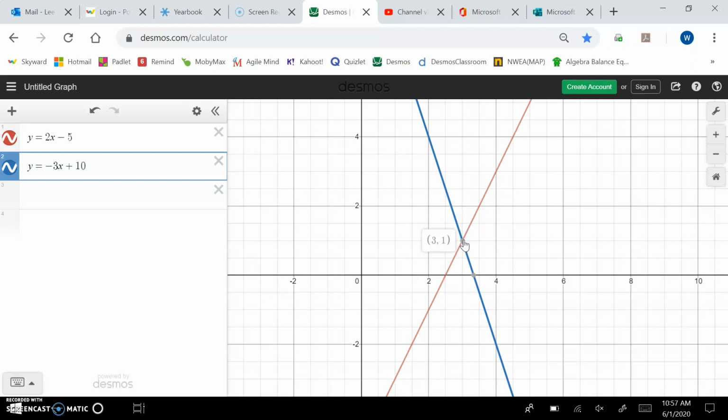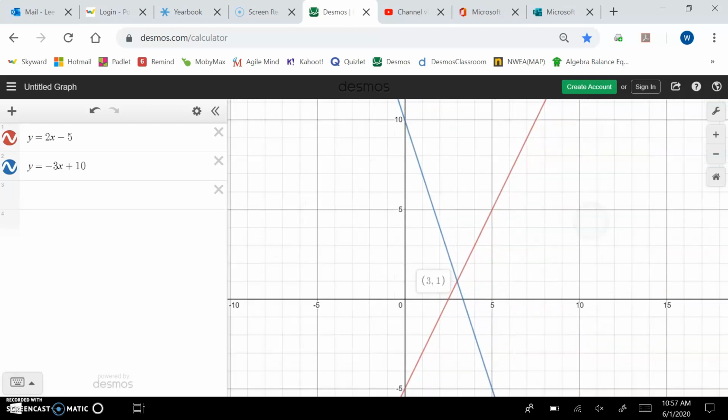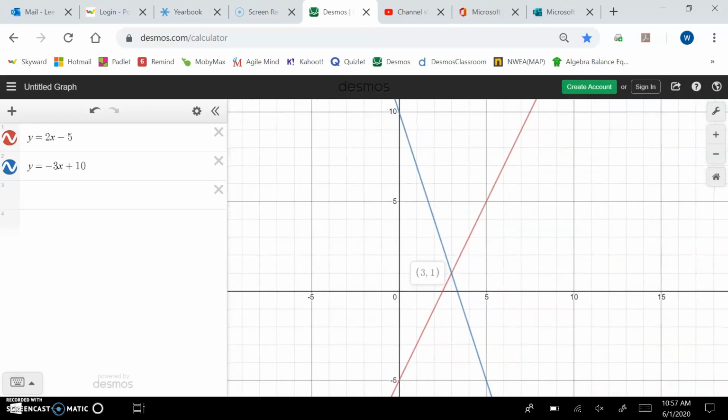The lines that Desmos graphed look like the lines that I graphed. So you can check to see if maybe if you have a mistake, maybe it was your graphing that was incorrect. Maybe you found the right place where the lines intersect, but one of your lines is in the wrong place. It doesn't represent the correct equation. And so it's not a solution to that system. It's a solution to some other system of equations. So it looks like I did this one right, and we're ready to move